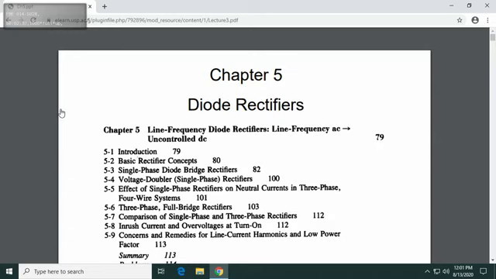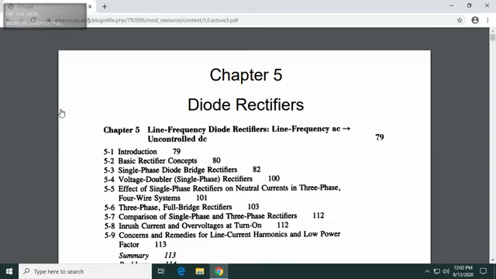So whatever we are going to deal with diodes, if it's a half wave rectifier or a full wave rectifier, full bridge rectifier, it's going to be uncontrolled. It's going to do its task on its own. We don't need to supply gate signals to this. You're just going to put them in a circuit, apply voltage, and it will do its magic on its own.